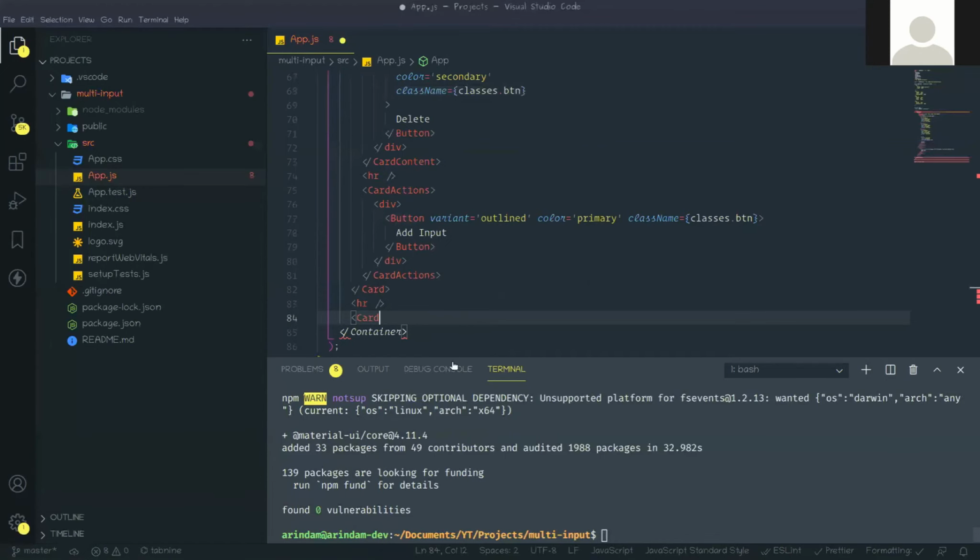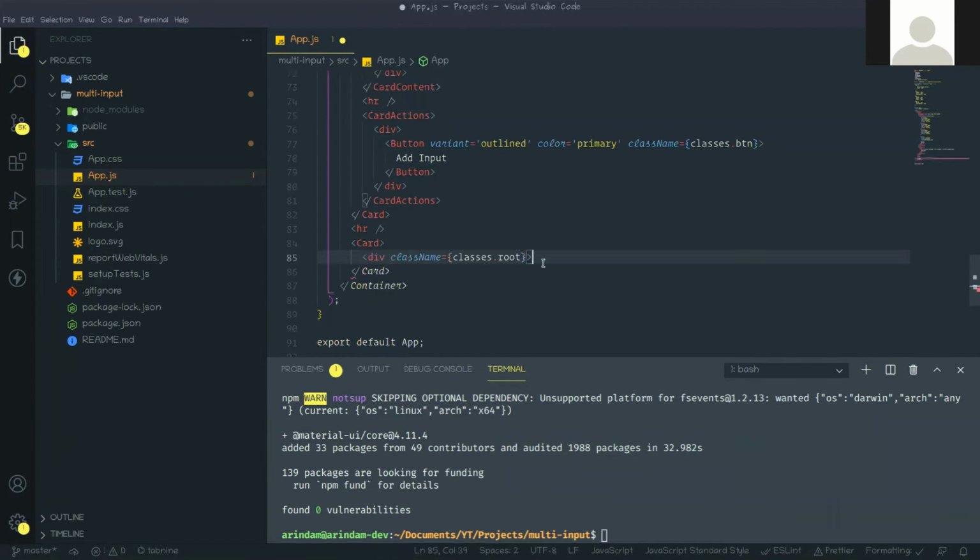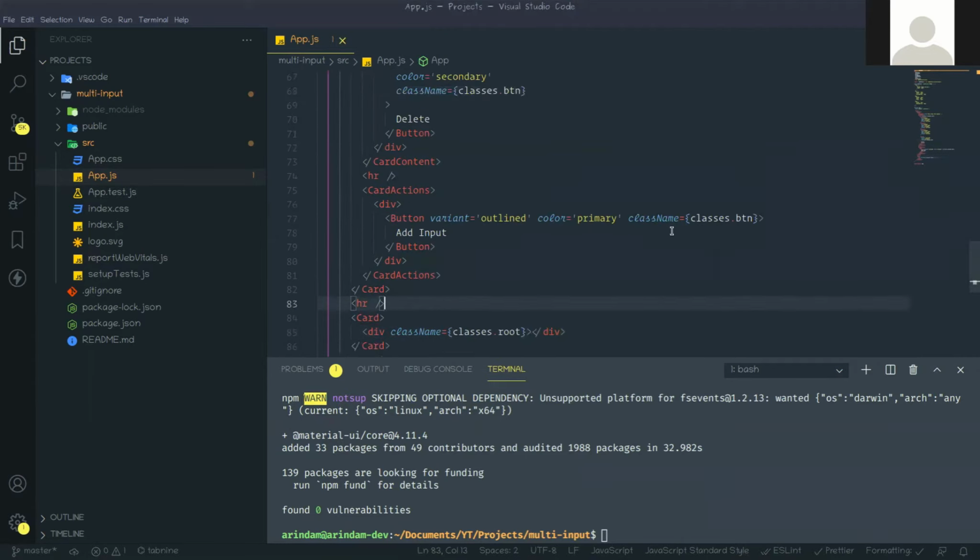Same, we just copy this classes root div. Just copy it here, and here we are showing the output. For now I'll keep it blank.